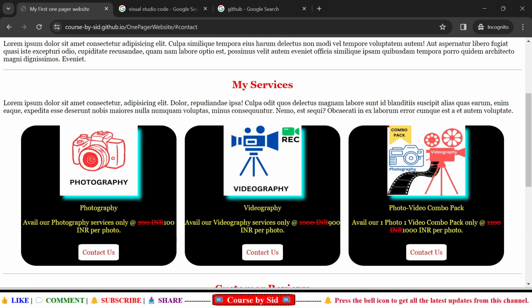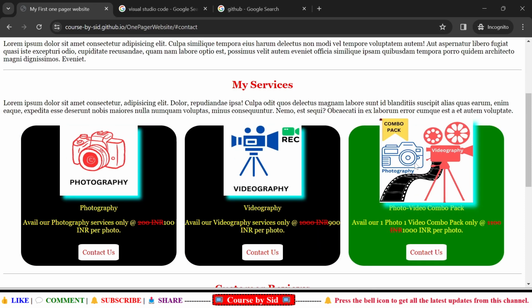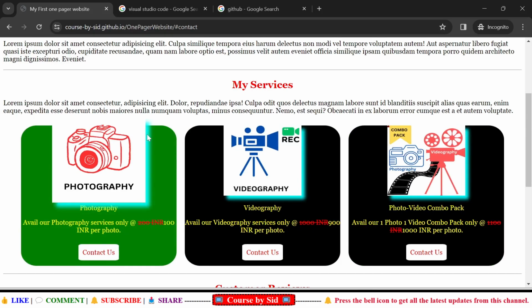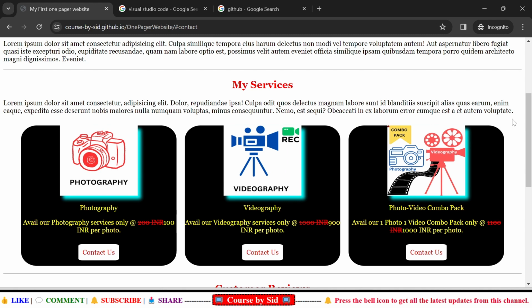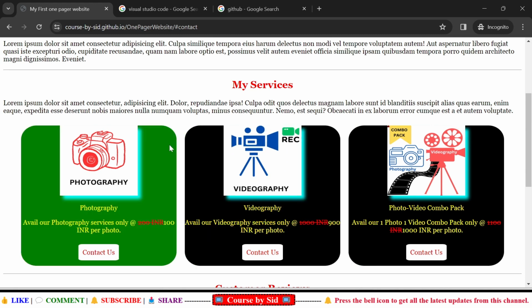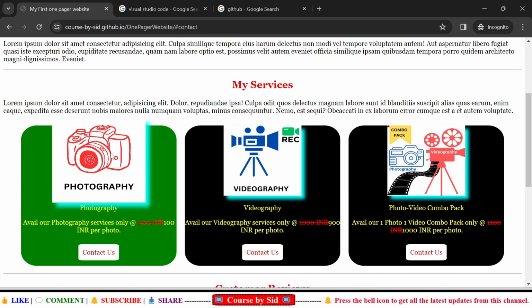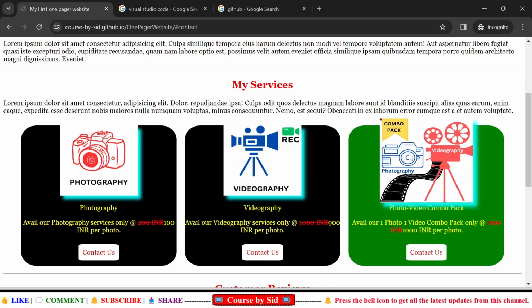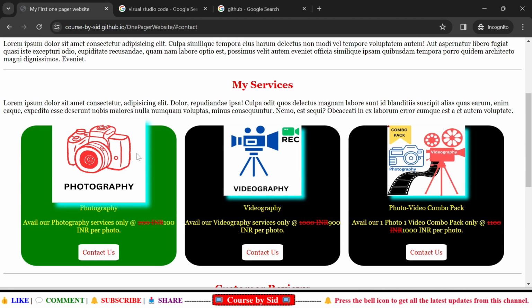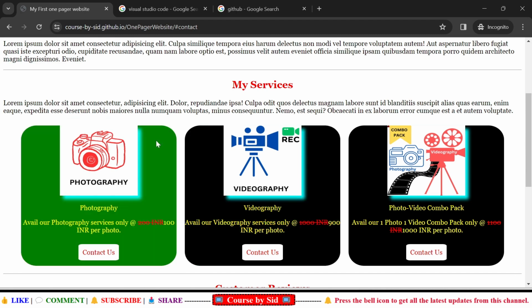First of all I have this heading as my services, and then I have 2-3 lines about my services, right? And then I have these 3 beautiful cards over here. You can see that all these 3 cards are styled with the help of CSS, that is the cascading style sheets. And here you will notice one thing, whenever I'm hovering my cursor on these images, these images are zoomed in and zoomed out. Also, if you observe, the background color is also changing from black to